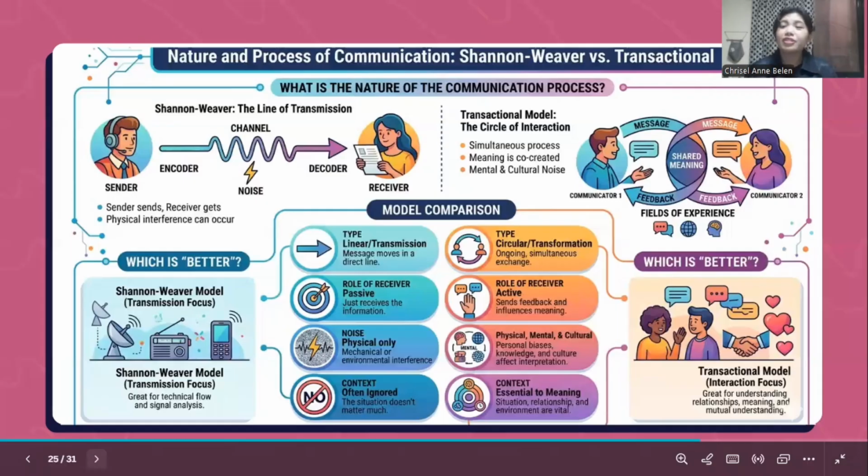So the role of the receiver in the Shannon-Weaver line of transmission is that the receiver will only receive the information. Hence, in the transactional model, the receiver sends feedback and can also influence the meaning. In the Shannon-Weaver line of transmission,